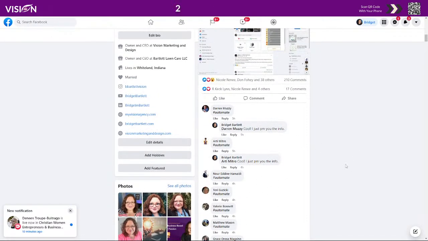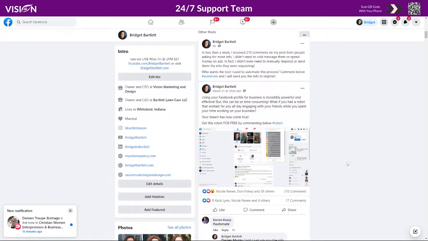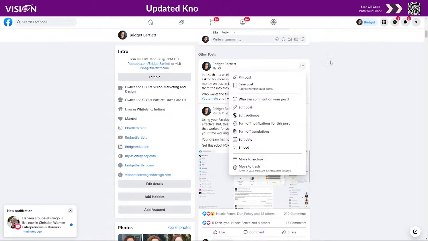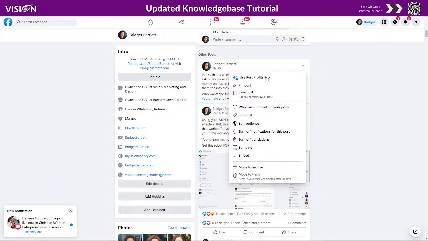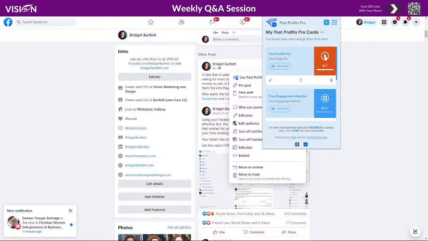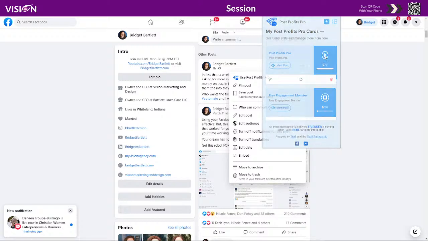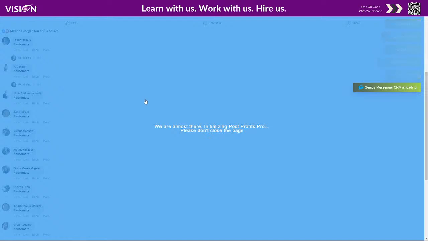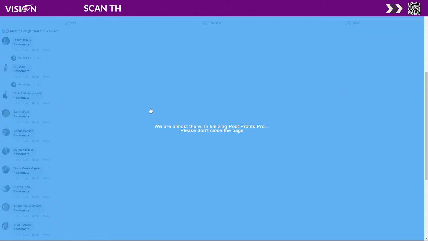Now, I already have Post Profits Pro. I already have it installed. I already have it ready to go. But what I need to do now is go up to Post Profits Pro and click here to engage the tool. Okay. Now you can see what it's doing is it's scrolling through the timeline, and it's on a delay, because